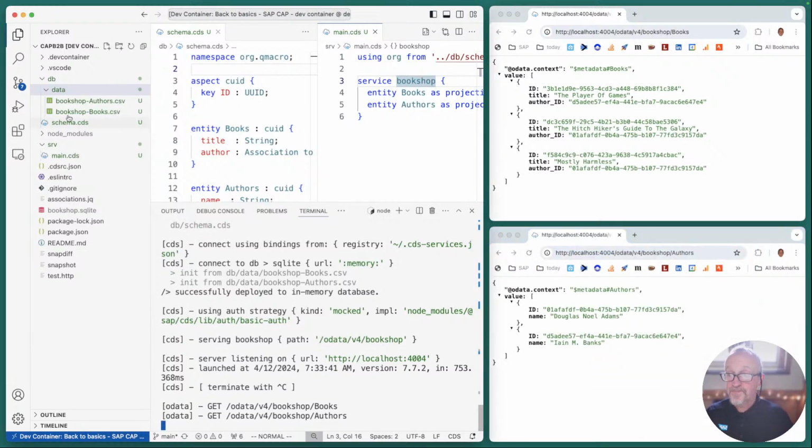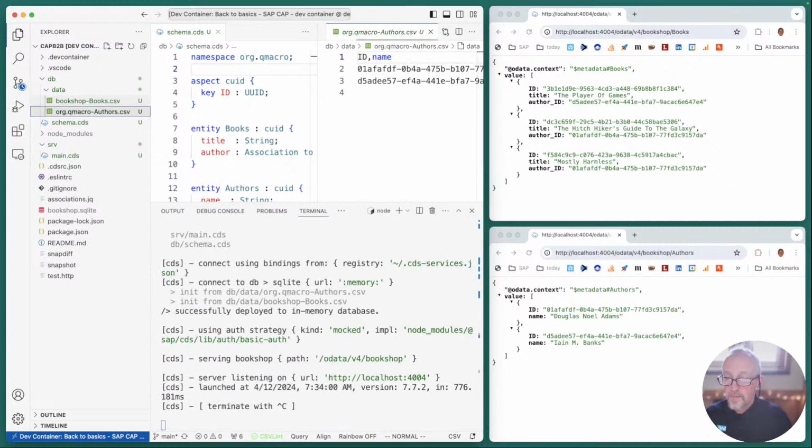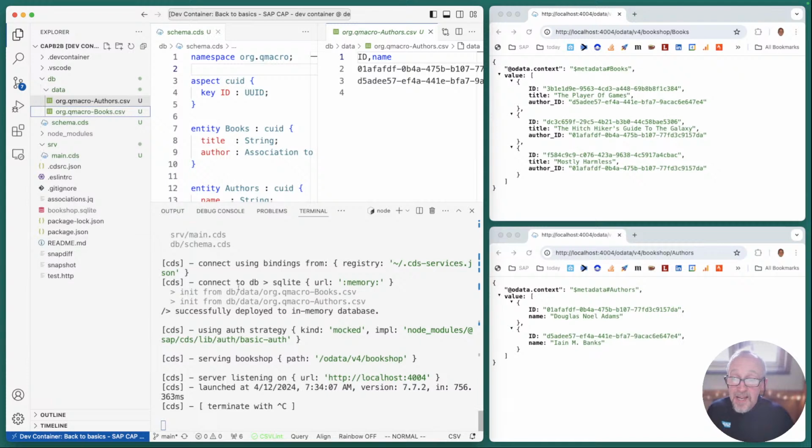There's the authors. Let's rename this bookshop. Let's do Q macro. No, org.Q macro. There we go. And also there, org.Q macro. Can you see it's still doing the initialization in it from DB data or Q macro? And if we refresh that,